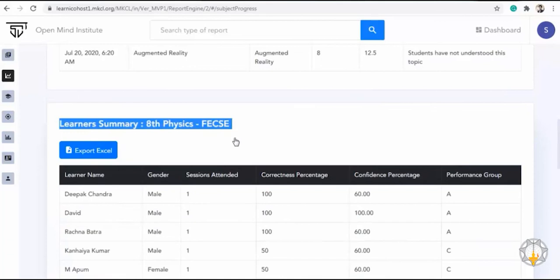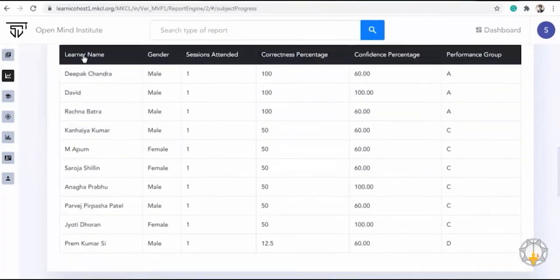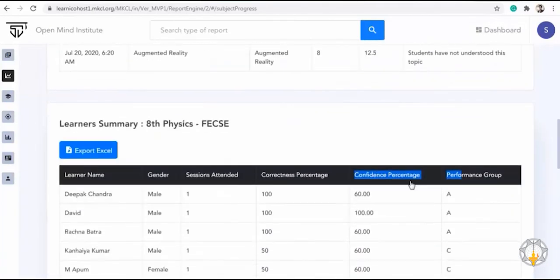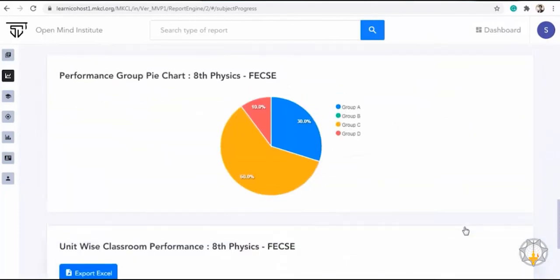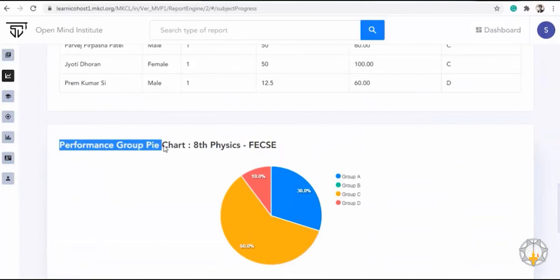Now, learner summary. Details like learner name, gender, sessions attended, correctness percentage, confidence percentage, and performance group are present here. Then there is a performance group pie chart which shows the data of students from the performance group they lie in.